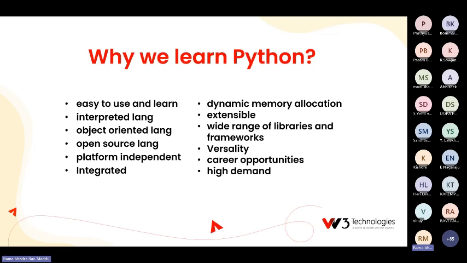If you want a mobile application, you can develop it in Python. If you want a web application, you can develop it in Python. If you want to write small commands, you can do it in Python. You can do anything in Python, and the latest machine learning, deep learning, and TensorFlow like applications. Everything you can develop in Python. That's why it's in very high demand.